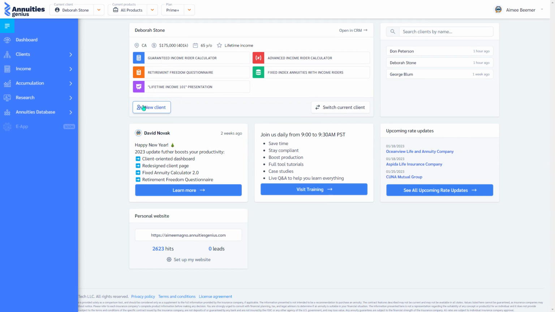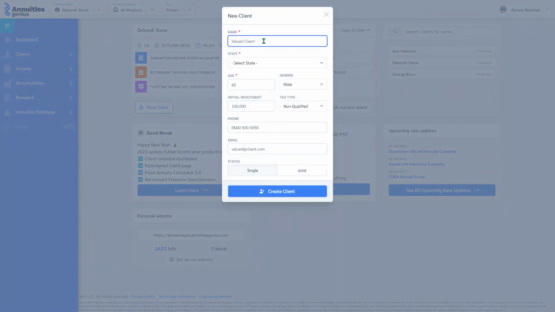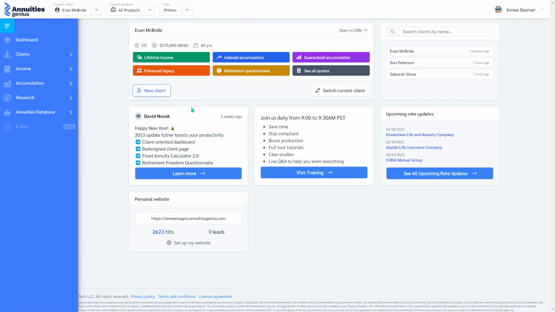Jumping in right away, I'm going to go ahead and start by entering in new client information just so you can see for yourself from A to Z how quick, simple, and easy the process is. Once I have age, state, gender, and the initial investment amount, I'm pretty much ready to go. I can also dictate the tax type, whether that is coming from a qualified or a non qualified. Phone and email is never required, and we do host joint profiles as well. But as long as I pick out those top 6 pieces of information, I'm ready to create client and solve